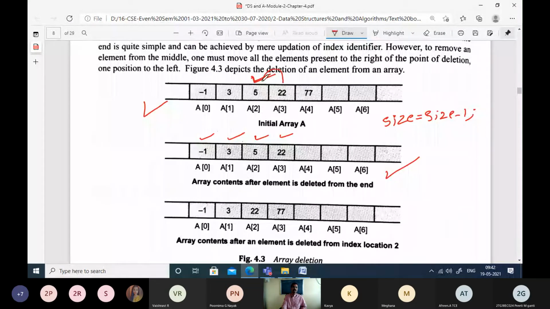Then 22 must be shifted to the left. Then 77 must be shifted to the left by 1 position. Those elements should be shifted. And after that process, this is how the array looks: -1, 3, 22, and 77. So this is how we can delete an element somewhere in between. In this case also, whatever the present size is, the size will be decremented. Size equals size - 1.